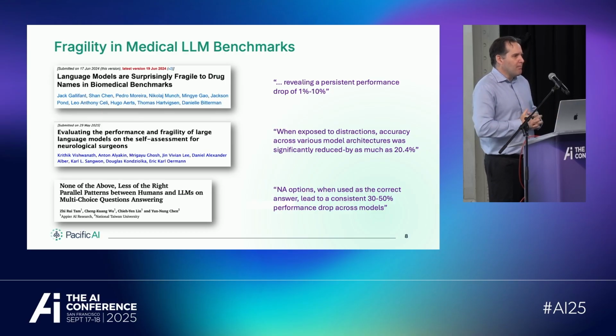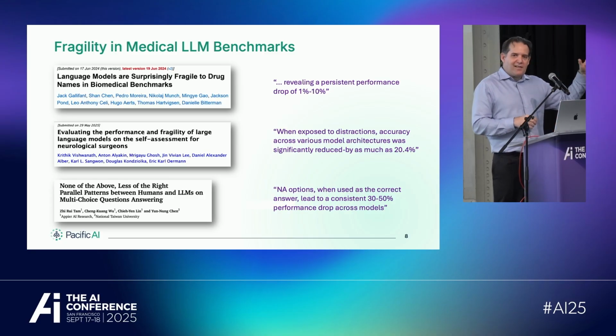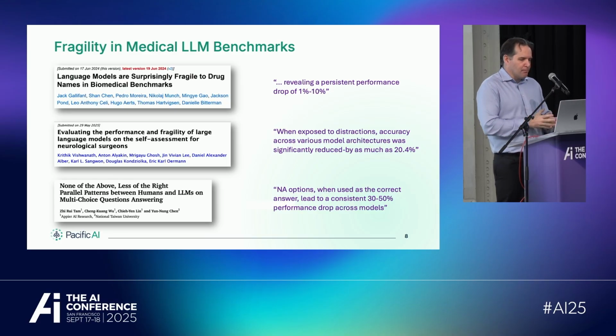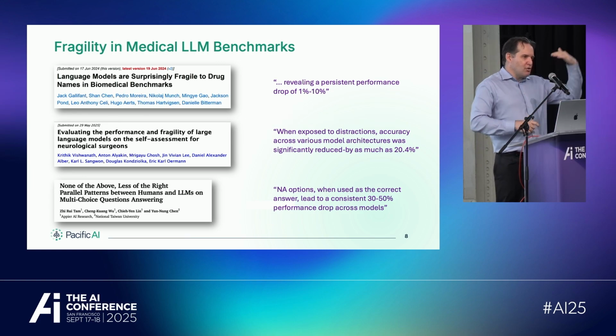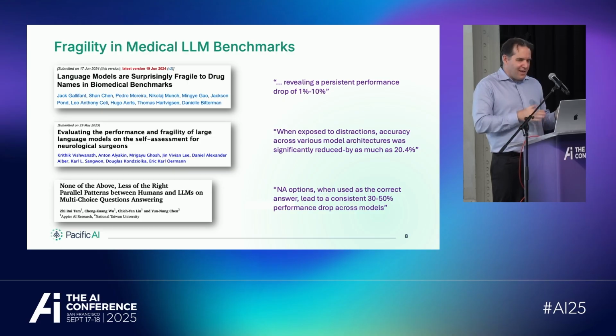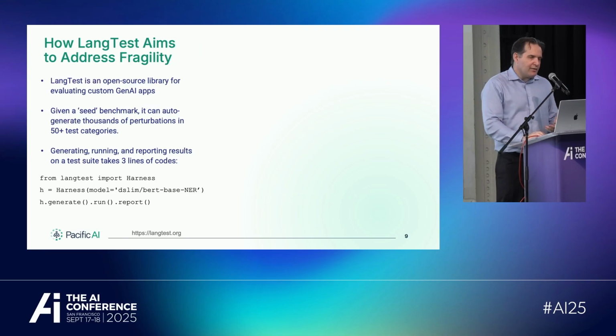If you try to distract the model, so here's the whole patient story, but now you just add something like, when she fell down and collapsed, she was in church or she was in the supermarket. You add those facts that should have no clinical relevance, and you see differences of around 20% in accuracy of the model. If you add measures of uncertainty, so it's not just one of those 4 answers, it's one of those 4 answers or none of the above, you see drops from 30 to 50%. So what happens is, on one hand, you see the models improving and getting nicer benchmarks. Anytime someone tests one of these things, you go back 2 to 3 years. And that's really where we are now.